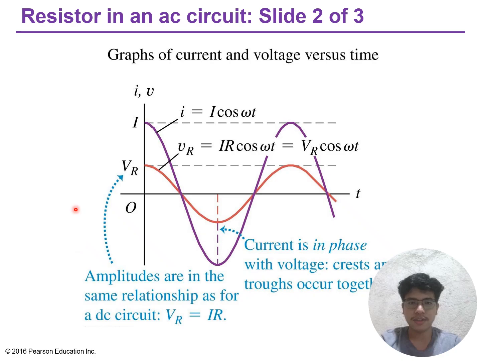Moving on to a phasor diagram showing the voltage and current in a phase for a resistor in an AC circuit, likely illustrating that both V sub R and I are at the same angle in the phasor representation. The phasor diagram visually demonstrates that for a resistor in an AC circuit, the voltage across the resistor, V subscript R, and the current through it are perfectly in phase, with both phasors pointing at the same angle from the